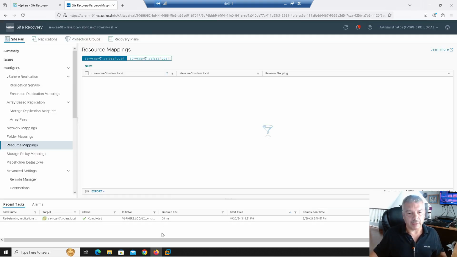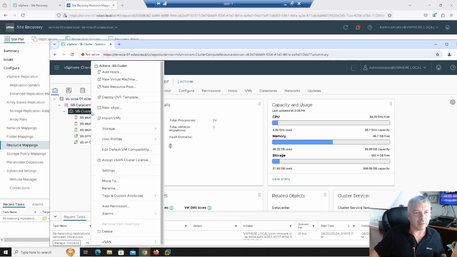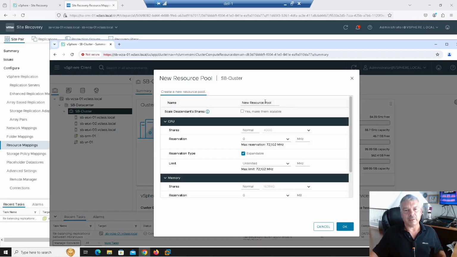Let's go to site B. Let's do this. I'm going to open up my Chrome here. This is site B now, okay? Notice it says SB cluster. I'm going to right-click on it, and I'm going to say new resource pool. And let's say, you may not do this, just a suggestion. Let's call this